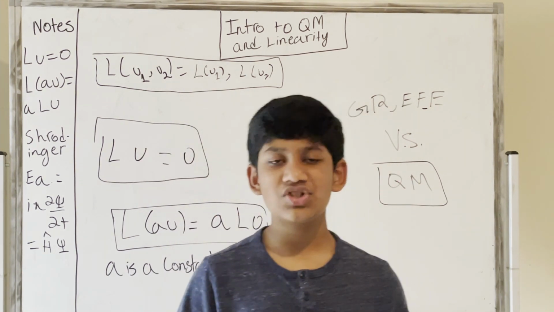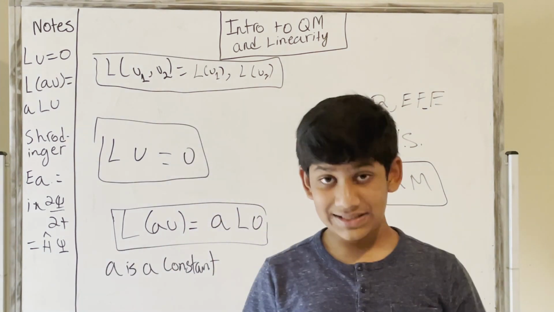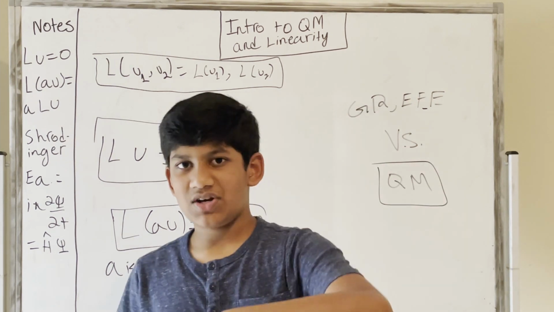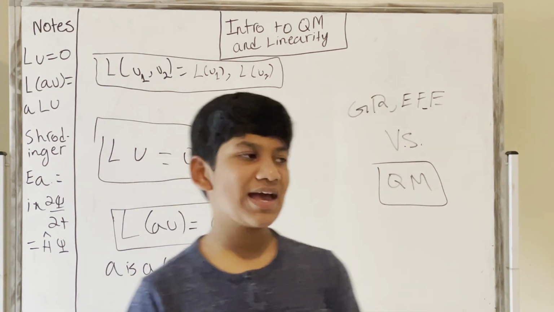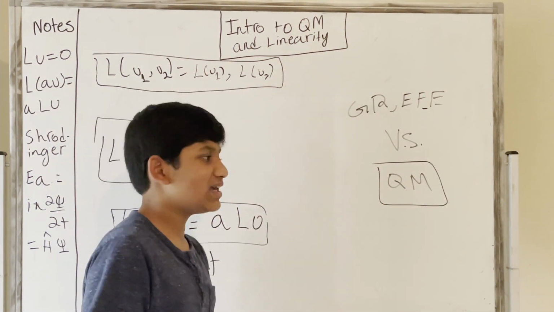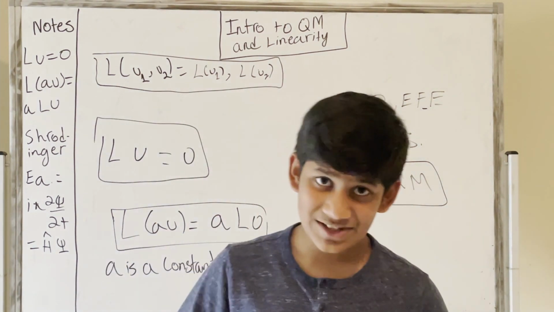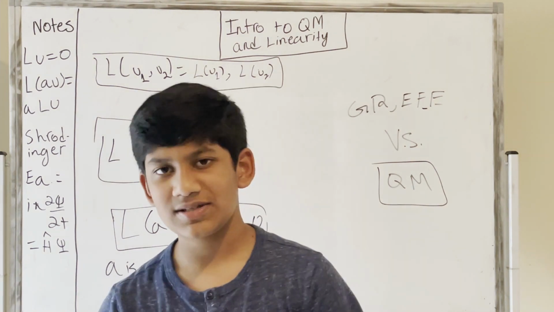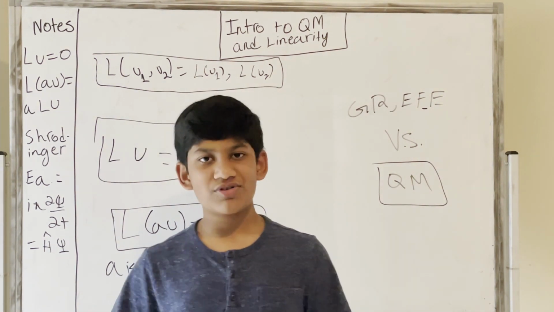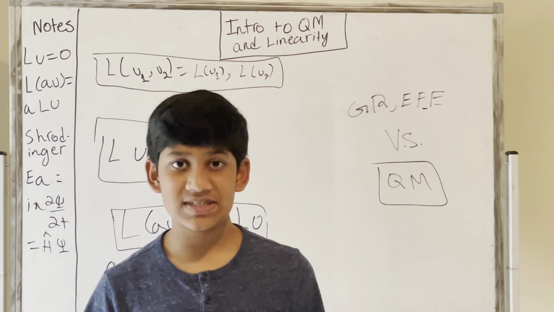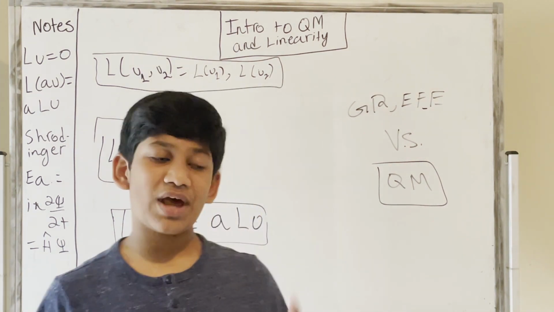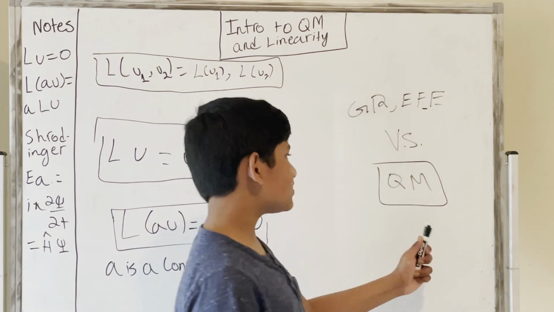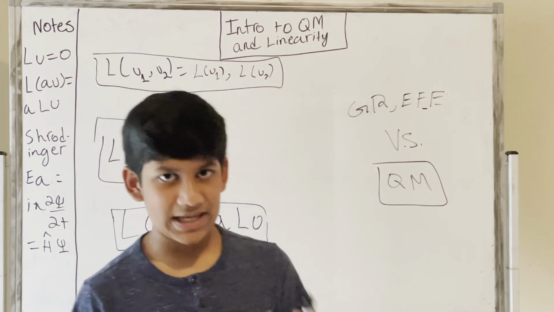Or you might say GR is space-time curvature, and QM, or quantum mechanics, is just quantum particle behaviors. And if you were to really say it, you would say exactly the definitions of these and see how they're different. But what if someone asks you, mathematically, how are they different? Well, you would say the equations are different. But instead of that, because everyone knows the equations are different for different branches of physics, and even in quantum mechanics, we just don't have one solid equation. We have different equations.